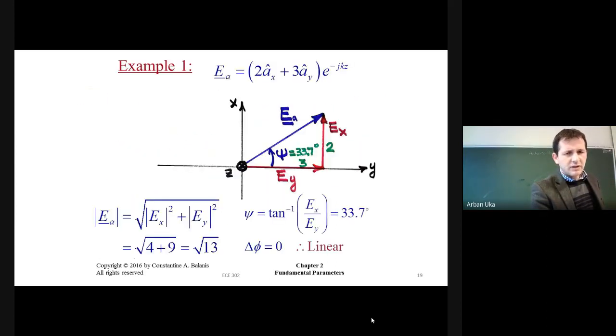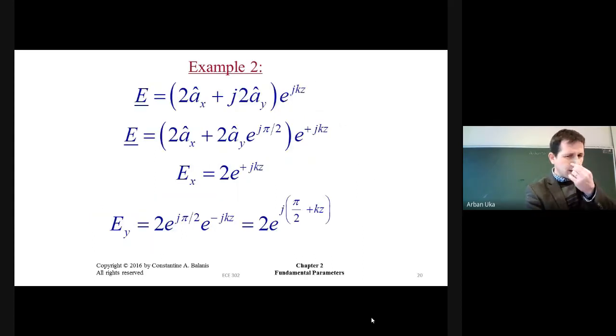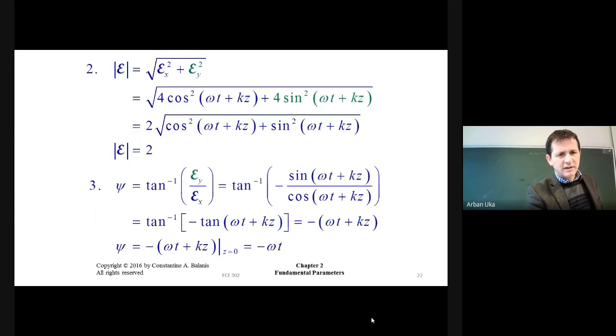Good. Now here we have a couple of examples of how linear polarization can be considered. Here the initial electric field has two components, 2 and 3. This might be a little counterintuitive. X is pointing up, Y is pointing to your right, and from here we can observe that we have a linear polarization. Here we have a different type of polarization. We have two components along X and Y, where the component along Y has a phase difference equal to pi over 2, as you can see in the second line of this slide.